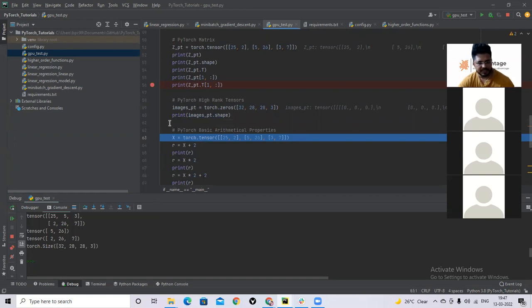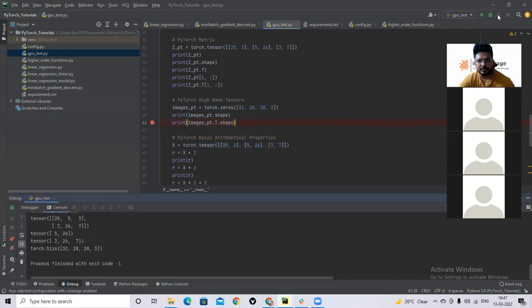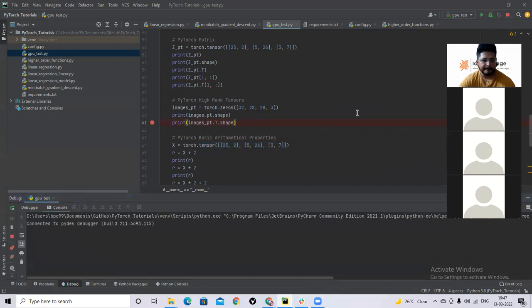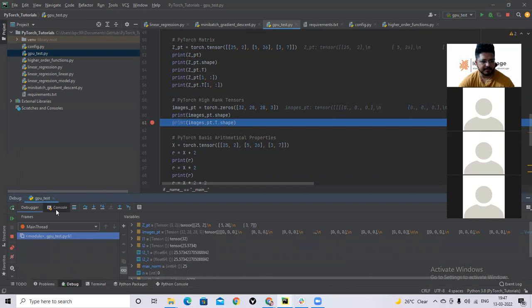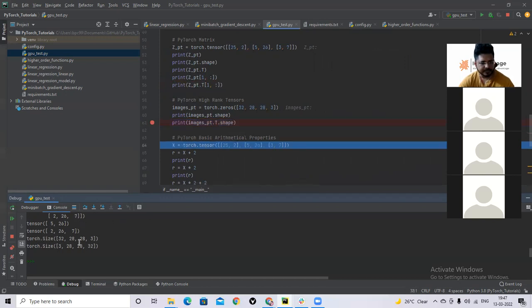Now what will be the shape of this one? Just the opposite: 3, 28, 28, 32.